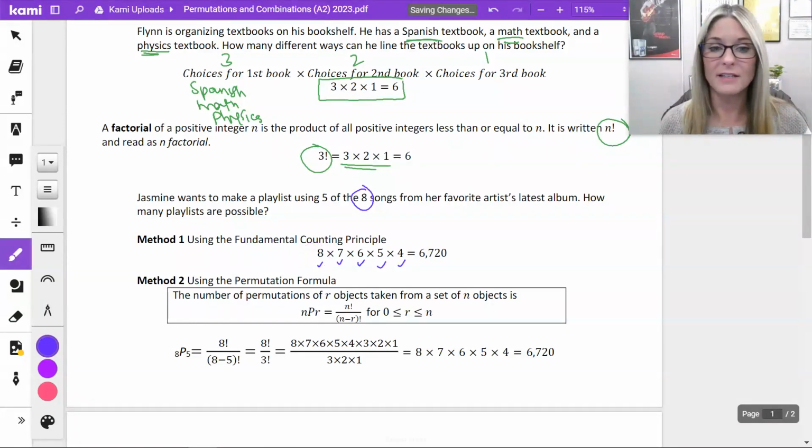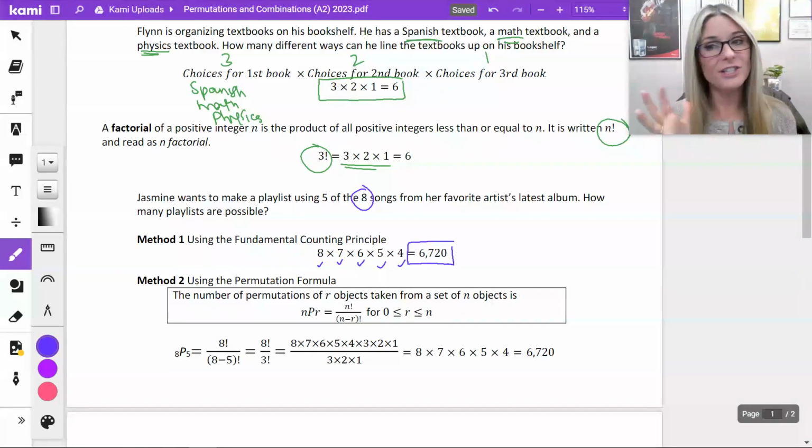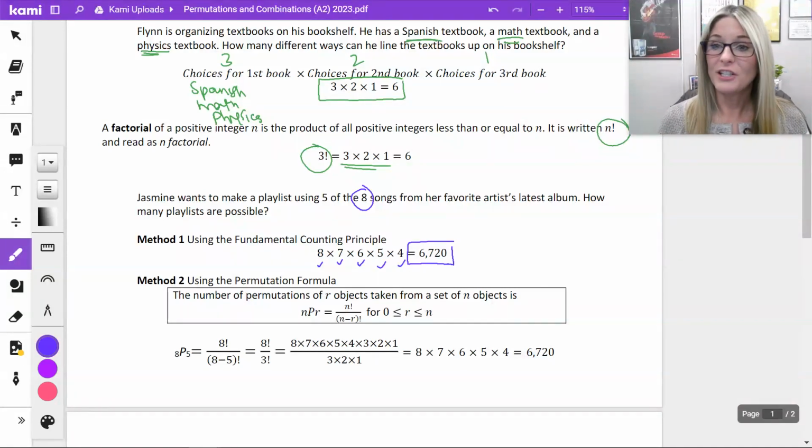For the second song on the playlist, now there's only 7 choices, and so on and so forth. So when you multiply those together, you get that 6,720 different combinations Jasmine can make a playlist of just 5 songs from 8 to choose from. Pretty wild, huh? Method 2, we can use the permutation formula, and this formula is on your EOC reference sheet,